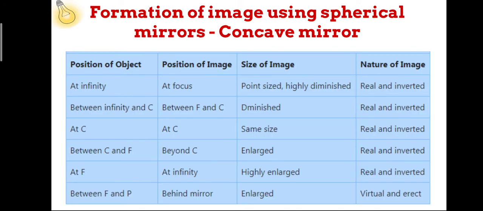So we shall see the summary of the formation of image that we saw till now. As you can see, we are placing the object at different positions right from infinity and moving it towards the mirror in such a way that the object is placed between the pole of the mirror and the focus of the mirror. And as we move the object from infinity towards the mirror, we note down the nature of the image, the size and position of the image, and we get a summary of the one that you can see here.